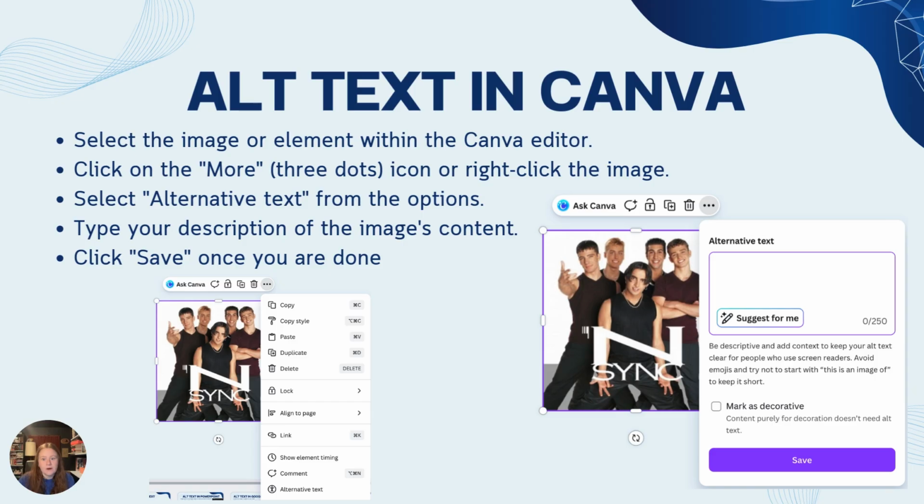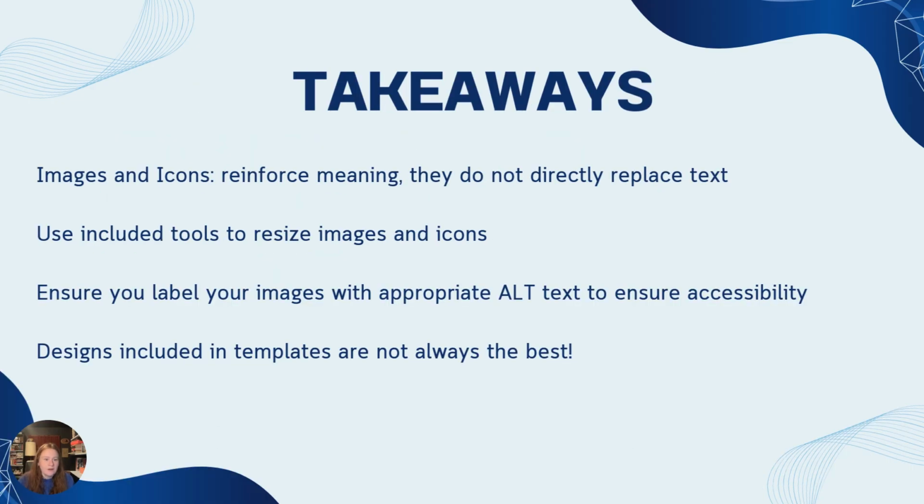And so our takeaways here are that images and icons are intentional. So they should be reinforcing the meaning that you're making. They're not going to replace anything. They're not a substitute. You want to make sure when you do have them that you're using the best tools of the program to resize them. So don't just drag, actually go into the format picture and change your sizes that way. And then ensure that you're always labeling everything with the appropriate alt text to make sure that you are abiding